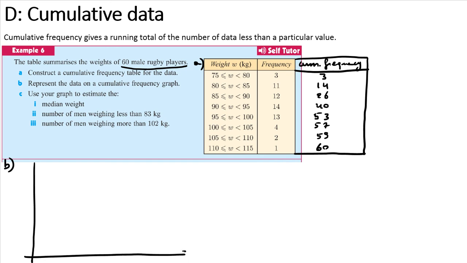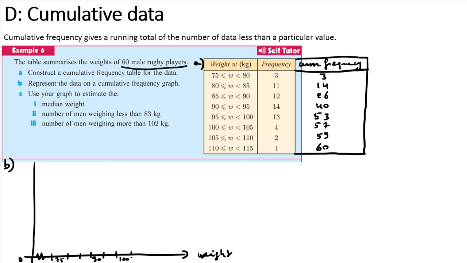On the horizontal axis we have the weight. So let's say we're not going to start with 0, but let's say we have here 75 and then 80 and then 85, 90, 95,